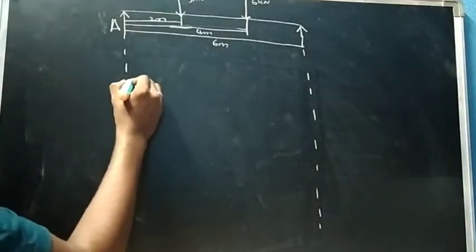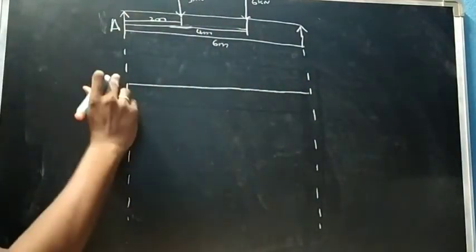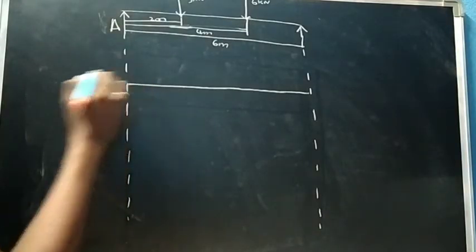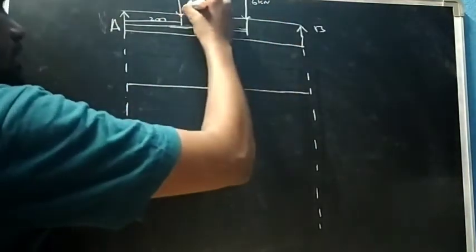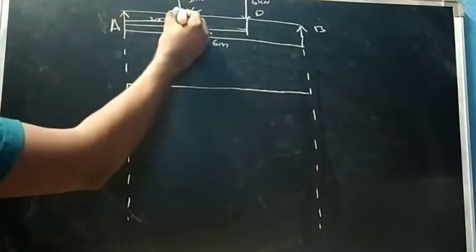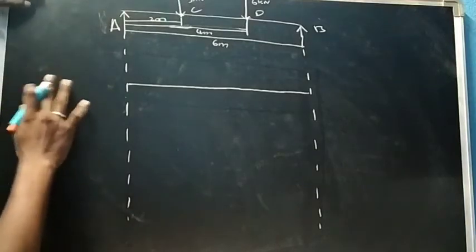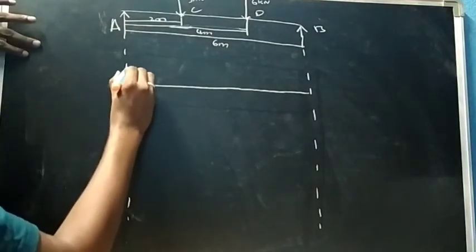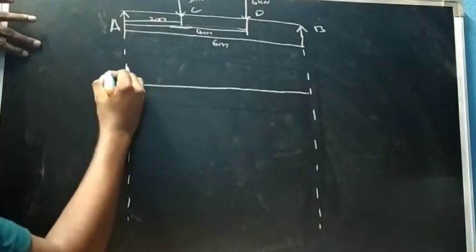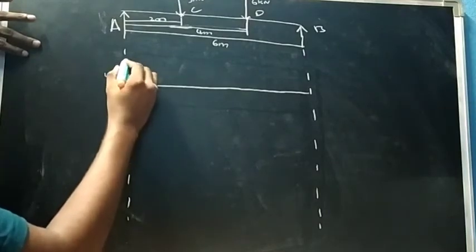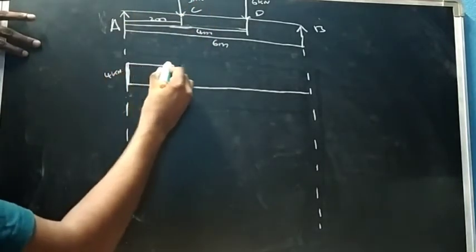First draw the baseline for shear force, and draw the baseline for bending moment after completion of shear force. So first we got the shear value at A. Let's give the names first, B, C and D. Clear? So this is the point C and D. Now we got the value 4 kilonewton, so that is positive. So raise this till a certain height to show 4 kilonewton. Now there is no change till point C, so I will extend this till C.